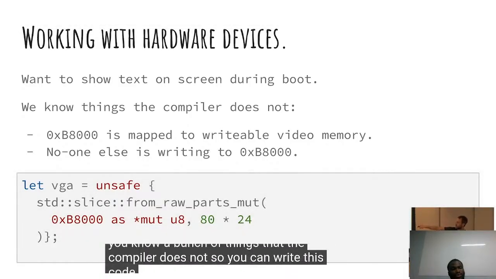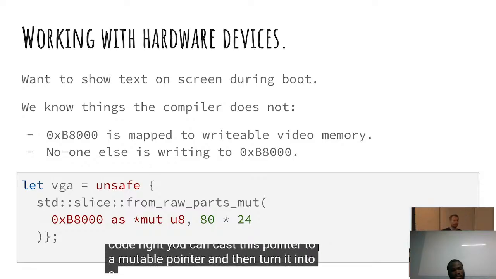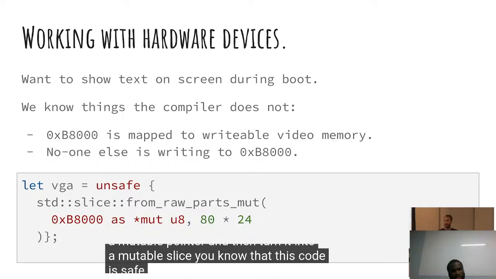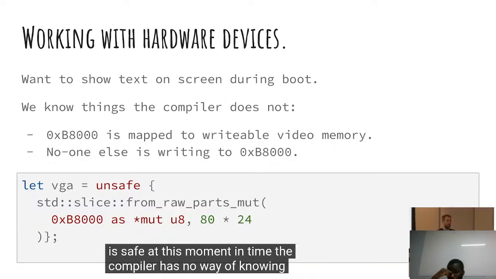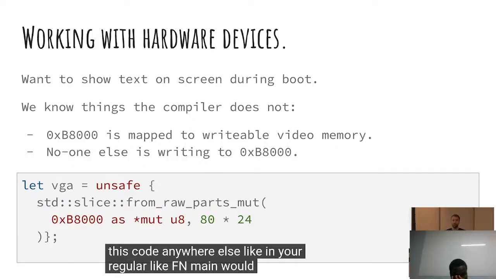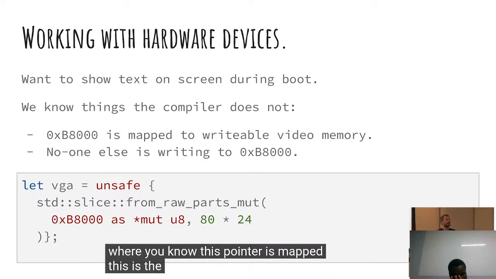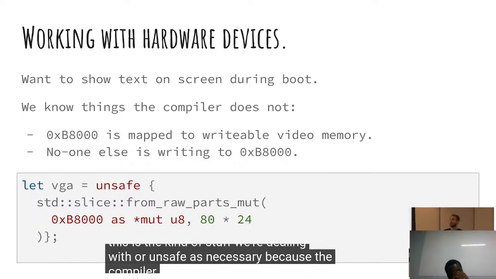So you can write this code, right? You can cast this pointer to a mutable pointer and then turn it into a mutable slice. You know that this code is safe at this moment in time, but the compiler has no way of knowing. Writing this code anywhere else, like in your regular fn main, would not be safe. But it is safe during boot on hardware where you know this pointer is mapped. This is the kind of stuff we're dealing with where unsafe is necessary because the compiler has no hope of